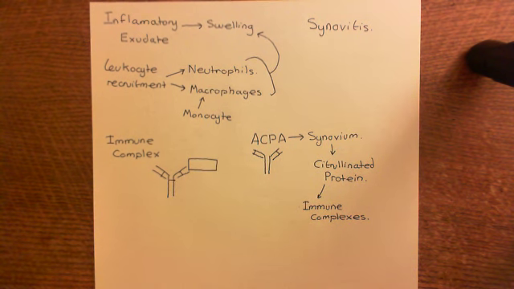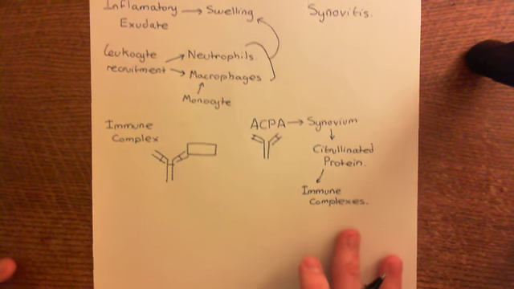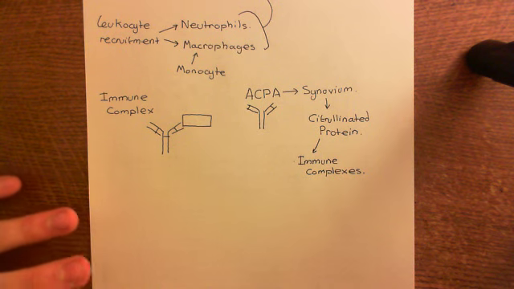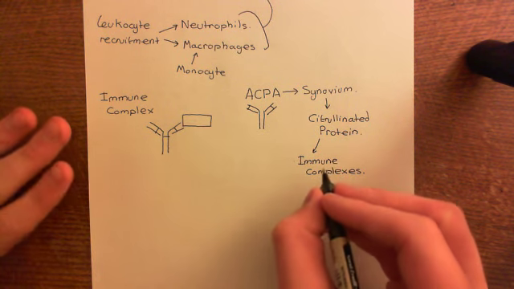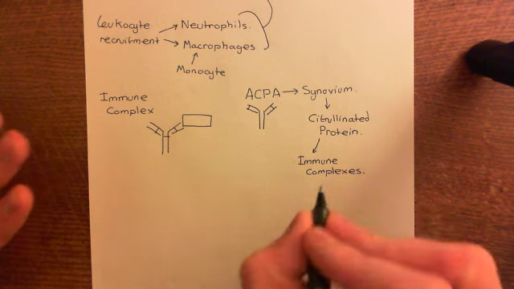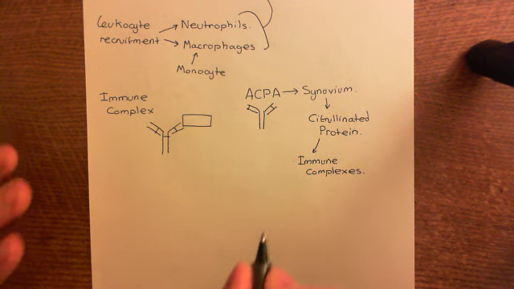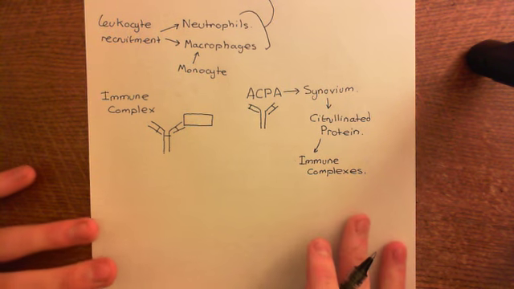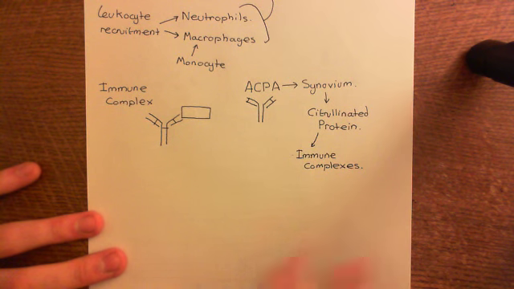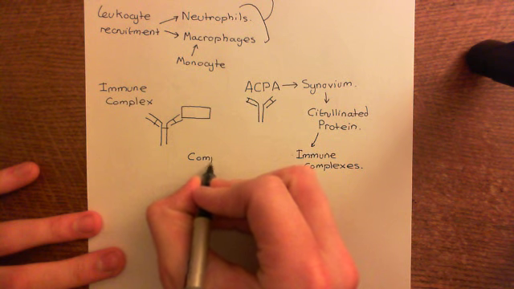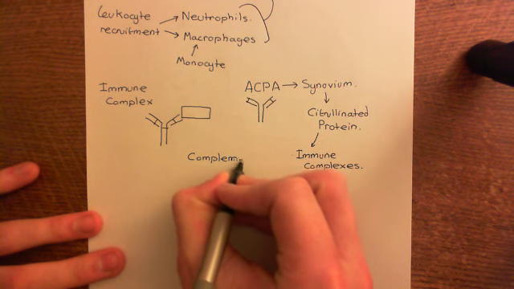But there are other ways that these immune complexes can also cause problems. Okay, they can also interact with complement proteins and activate what's known as the classical complement cascade. So let me talk you through this now. So we have got these immune complexes within the synovium. Now we've also got increased vascular permeability. Okay, so other proteins are coming out of the blood and into the interstitial fluid of the synovial membrane. Now, some of these proteins that are in the blood that will now come into the interstitial fluid of the synovial membrane are complement